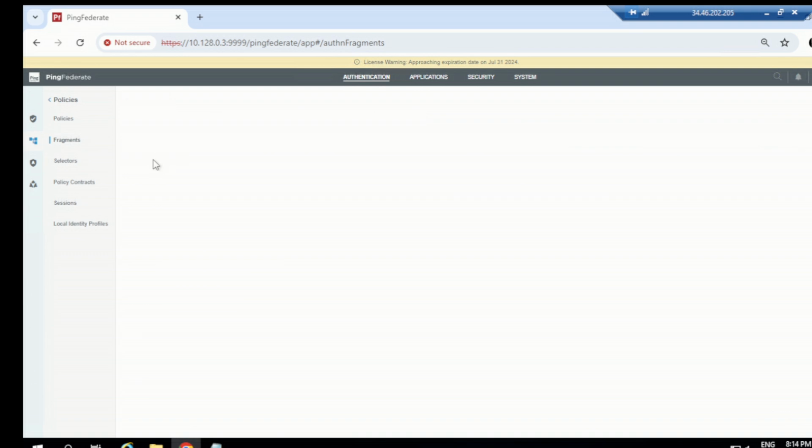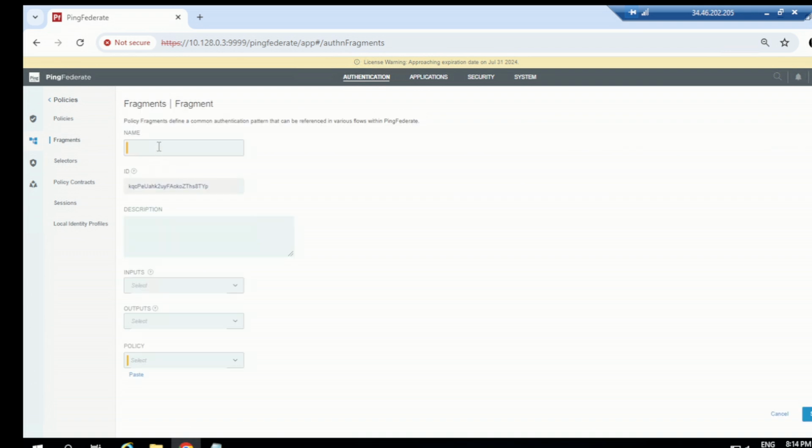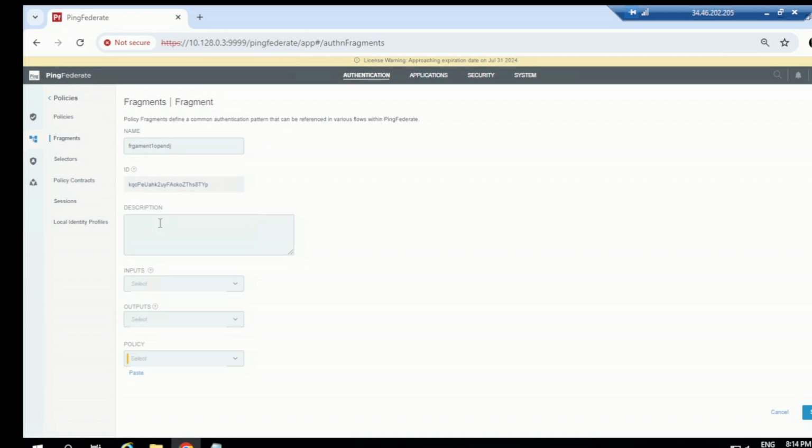Let's quickly create some fragments. I'll put the name as fragment 1, and I'll put one second, fragment 1 OpenDJ. Okay, and then I'll put input. So input here is basically you just need to define the input authentication policy contract, and the same